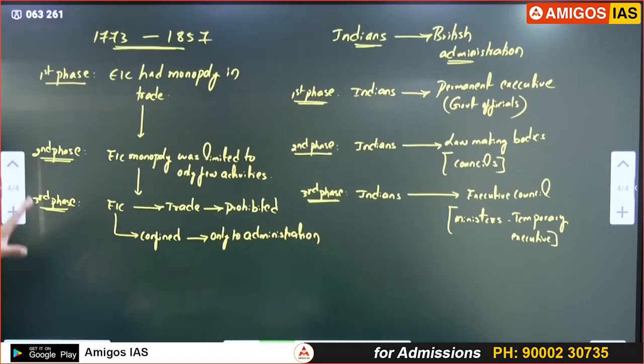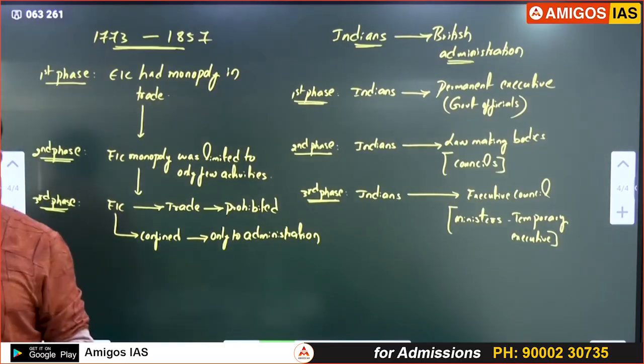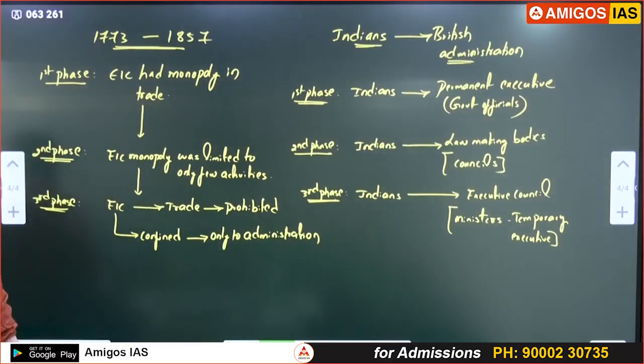You have to know these concepts first. Then only you will easily understand the individual acts. Otherwise, it is very difficult to understand the individual acts. Once this chapter is done, then try to refer to the Lakshmikant book. You will understand it more easily. Mostly you will get confused about governor, governor general, legislative council, executive council and all these things. Are we clear, guys?